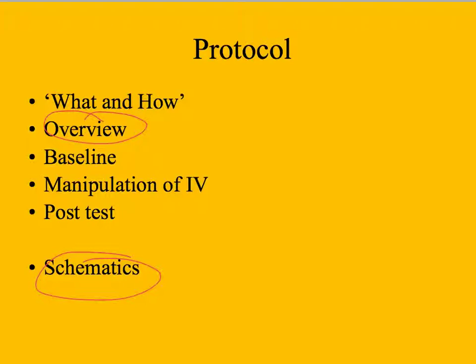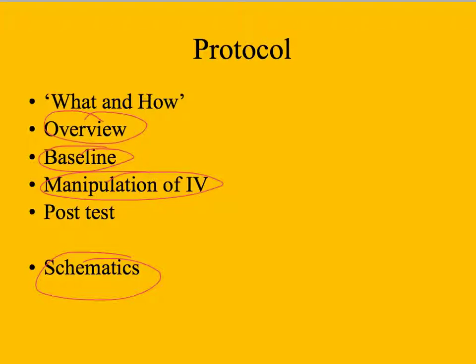You might want to talk about some of the baseline tests that you started with. Maybe you did some height and weight to get going, and then you'll need to talk about how you manipulated your independent variable, basically what you changed. So this might be the difference between the caffeine and the non-caffeine condition, or the fatigue and the non-fatigue condition. So really this is where you'll have to add the detail about what tests you did, how you did them,